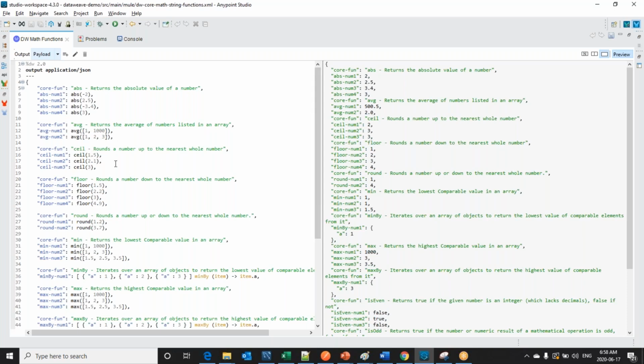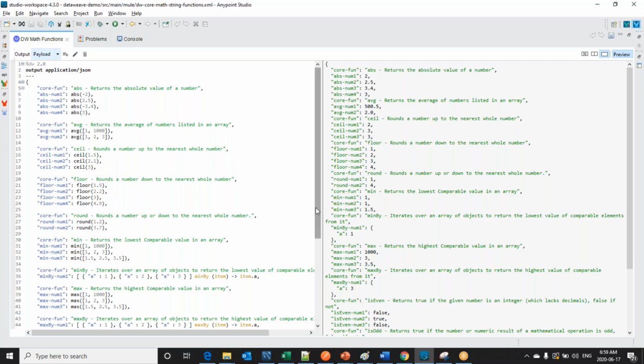In a similar way, ceil. So what does it do? We are aware of these math functions already. Ceil rounds a number up to the nearest whole number. If you see, we have 1.5. If I do ceil of 1.5, this will give me 2. Similarly, if I do ceil of 2.1, it will give me the upper number, not the lower number, so 3. And similarly, floor. The floor of a number results in the nearest whole number toward the bottom, not up like ceil. So floor of 1.5 will result in 1. Floor of 2.2 will result in 2.